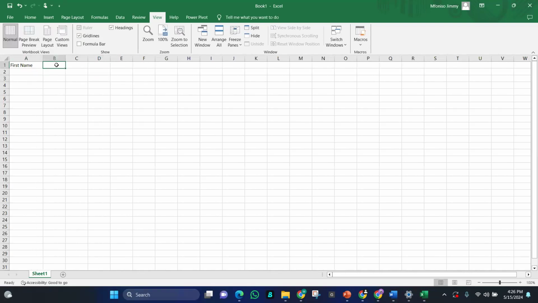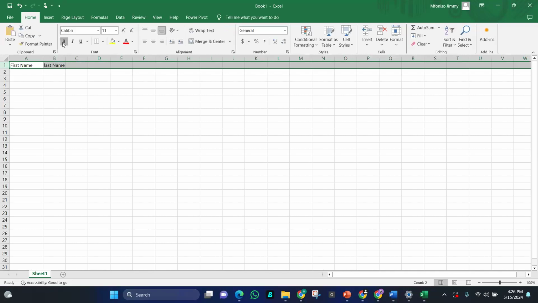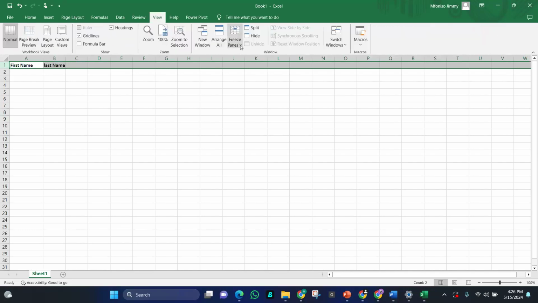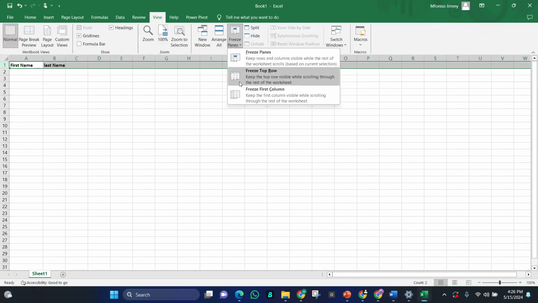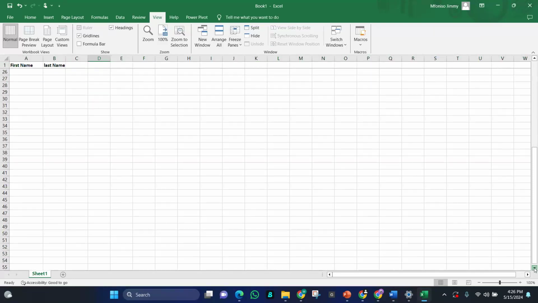So I'm typing what I typed in last time. Yes, I want to freeze my pane. So I decided to freeze my top row. Freezing my top row in this case, even when I type and I move down, what have you noticed?